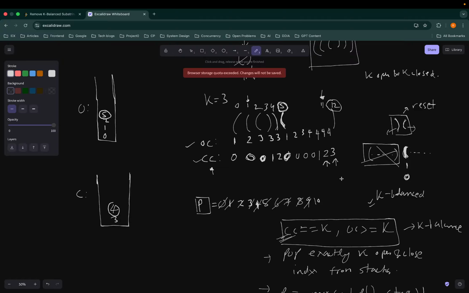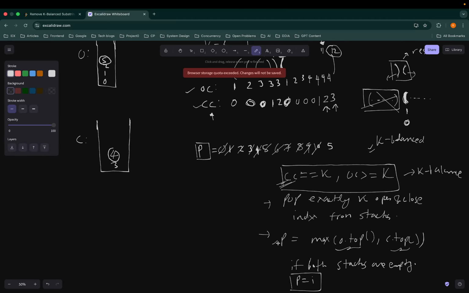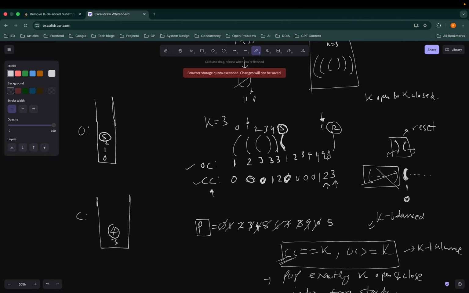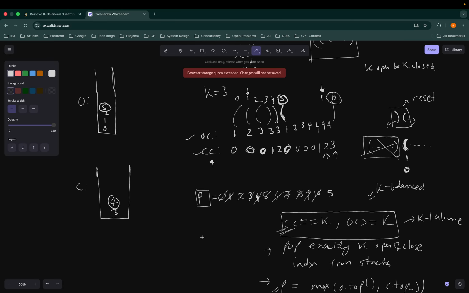Okay, so now what we'll do is we'll reset p to 5, which will be the maximum of these two. So reset it to 5, and now for p12, OC of 12 is equal to OC of 5, and